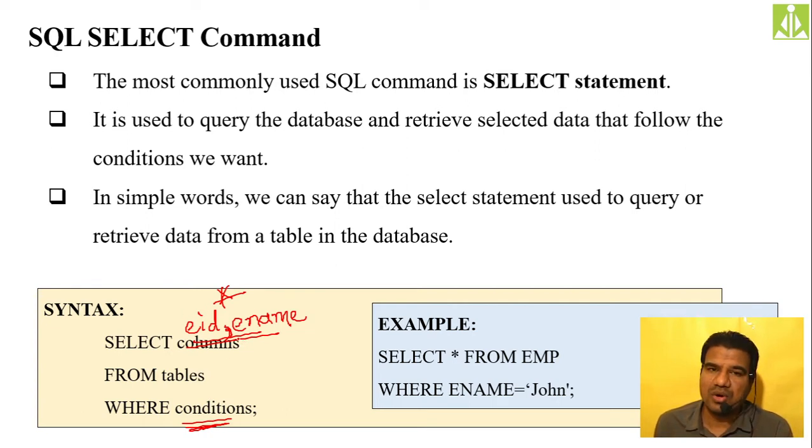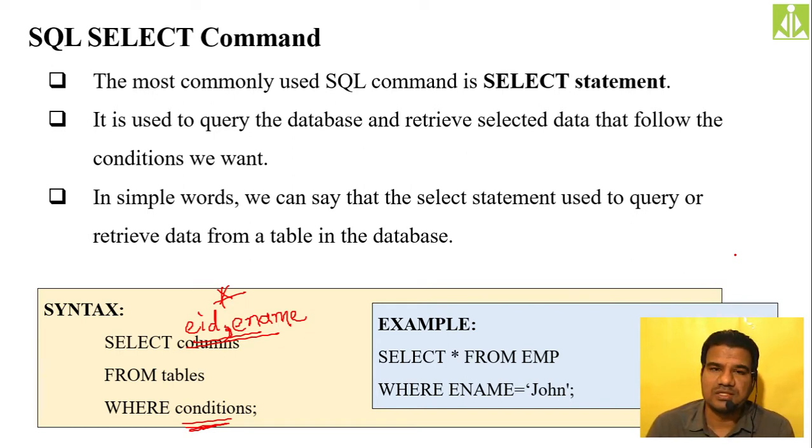Okay, these two columns and all the fields in that column, all the records, we can say all the rows. It will retrieve these two columns, all the rows from the table where this particular condition will match. In that way it will do the selection job. Your select command will do the selection job. Hopefully you understood this one.